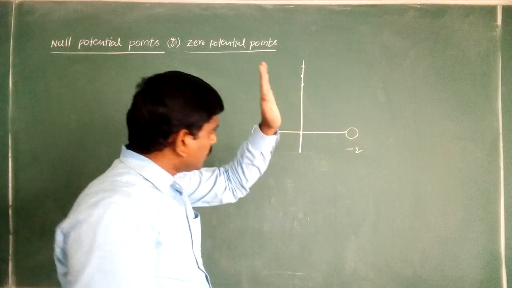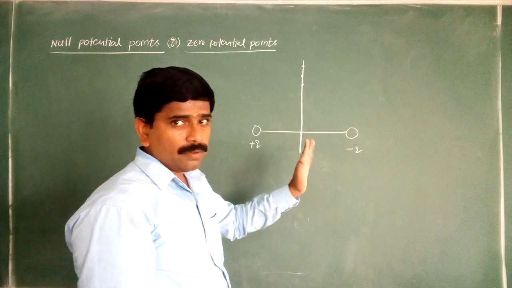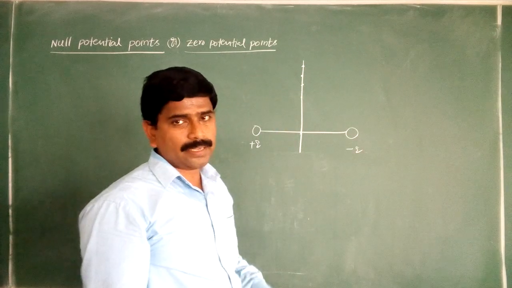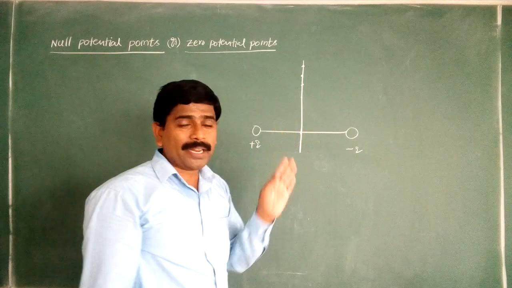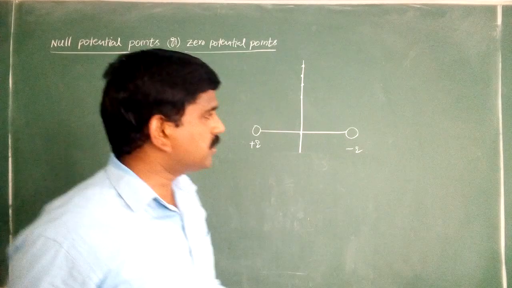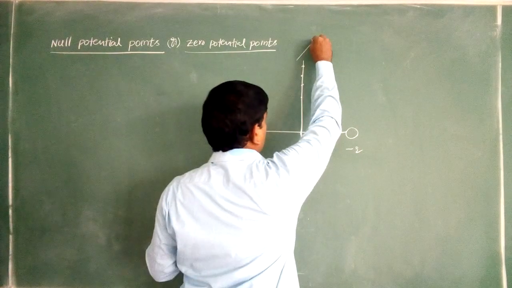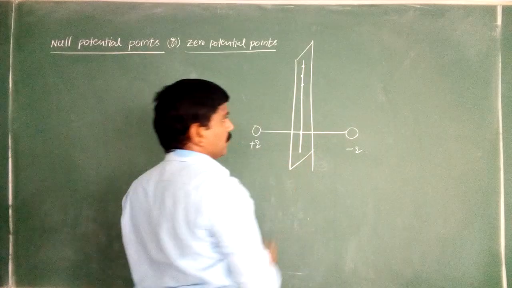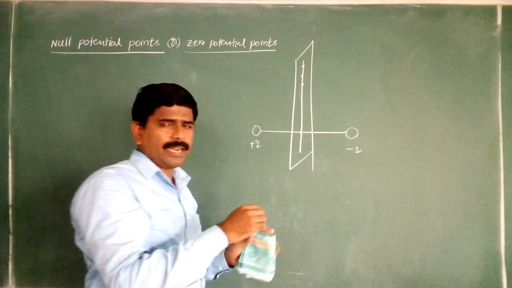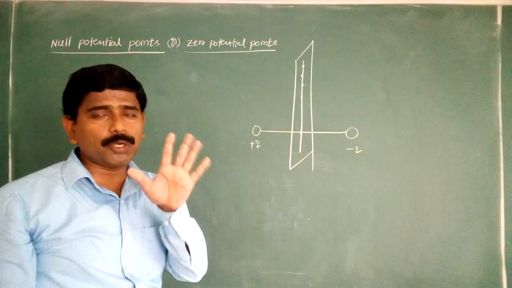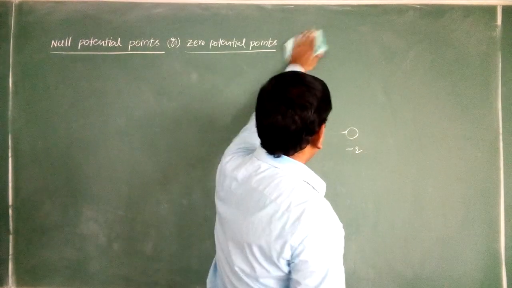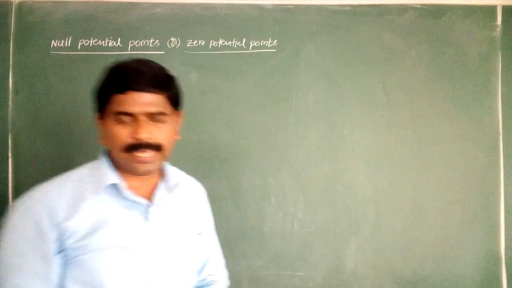That's why the plane which consists of the equatorial line and is perpendicular to the axial line is called the equipotential surface. That is the zero potential surface. Imagine that plane, perpendicular to the axial line. The potential at any point on that plane must be equal to 0. So a null potential exists for unlike charges.